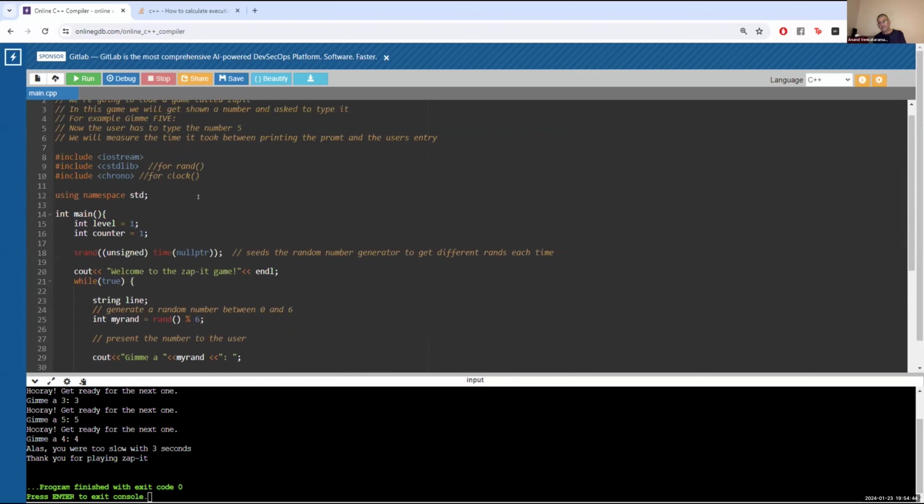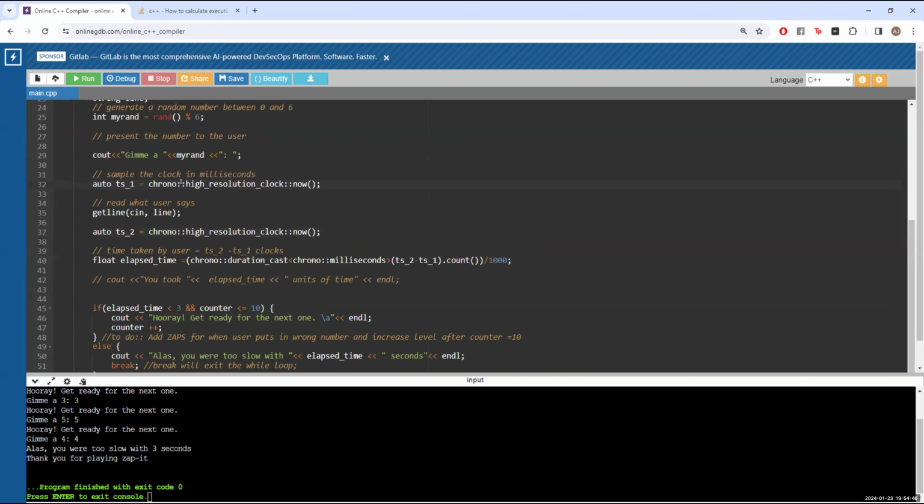I have another question, Professor. Yeah, sure. Go ahead. I noticed we use this double colon a lot. What does that mean? In this context, it means that it is a namespace, just like std. It's a namespace like standard, which means that